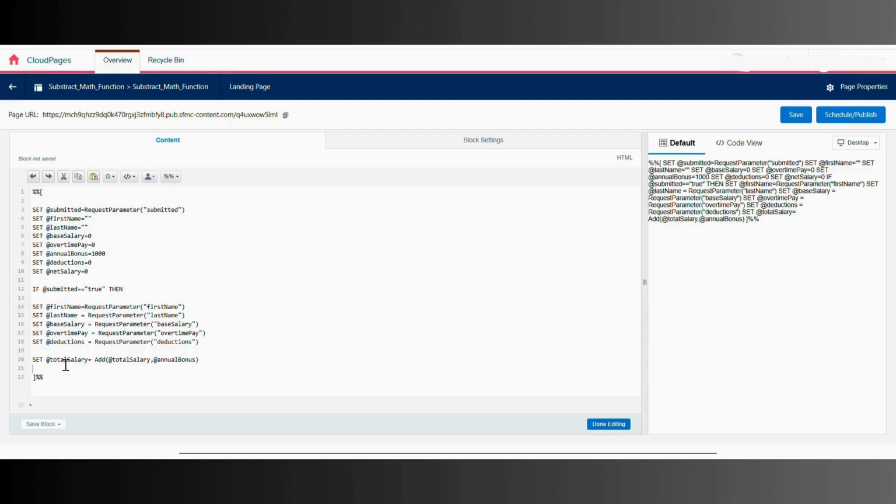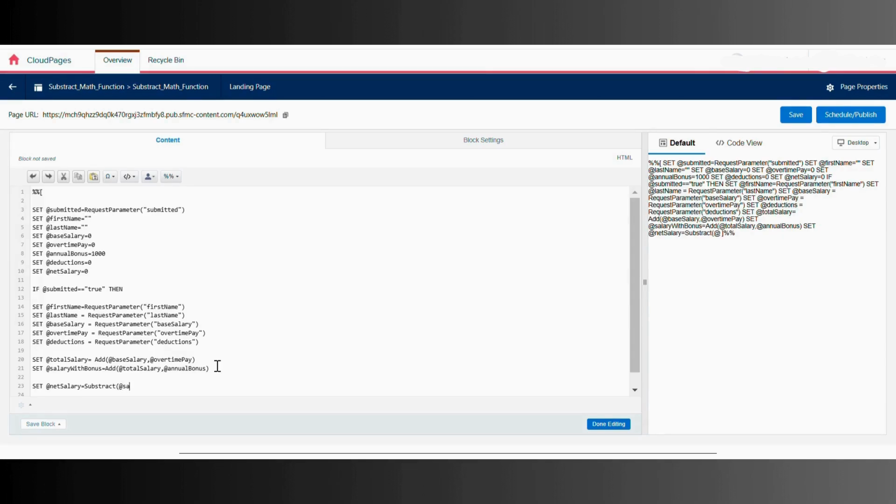After that we are applying the subtract function. In the subtract function we have set the net salary attribute, and then subtract deductions from salary with bonus. The add function is used for base salary plus overtime pay, so it adds overtime to the base salary, and the add function used for total salary and annual bonus adds the annual bonus. Then it subtracts deductions from salary with bonus. This is the main function: it removes deductions like tax and insurance from the salary to get the final net salary.